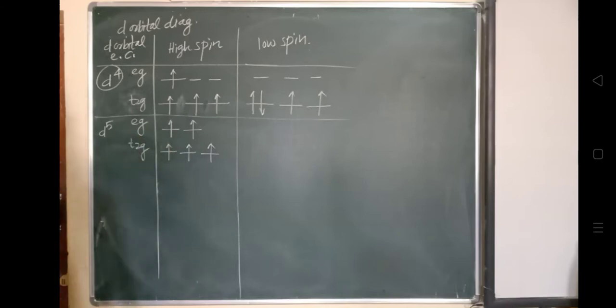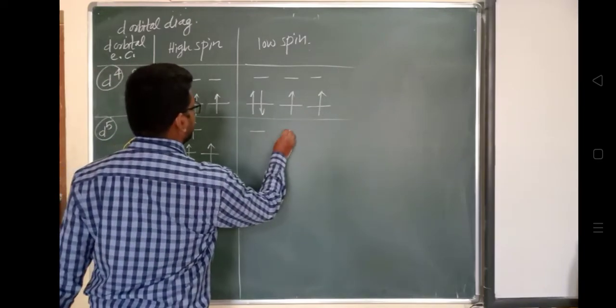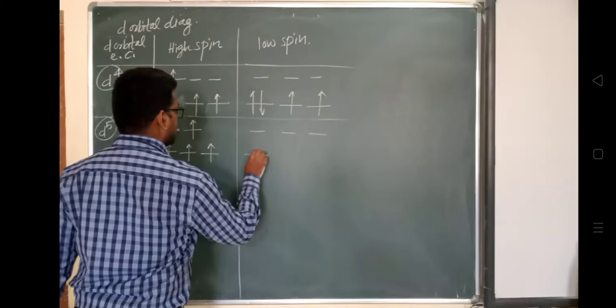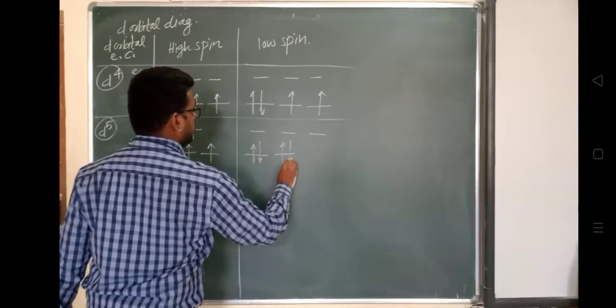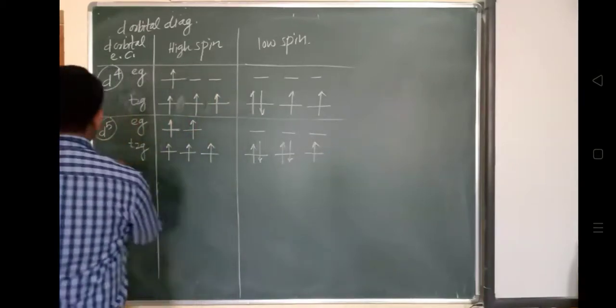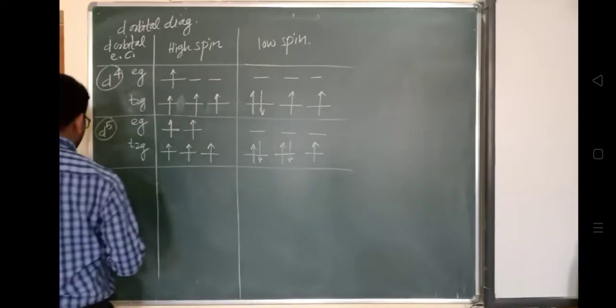2 will be occupied in Eg, क्योंकि मैक्सिमम 4 ही है, 5 इलेक्ट्रॉन्स हैं यहाँ पे d5 ऑर्बिटल में. ओके, so this is for high spin. Now what will happen in case of low spin? ये वैकेंट रहेंगे और ये देखो, like this 1 2 3, 1 2, this is 3, 4 and this one is a 5. So this is for d5.